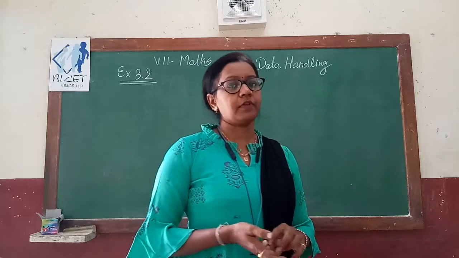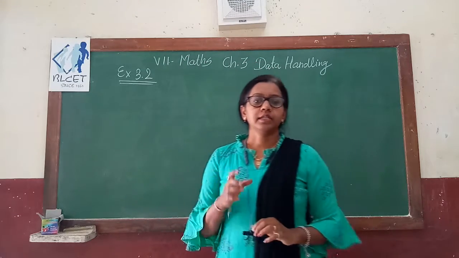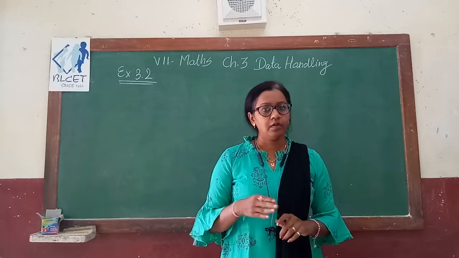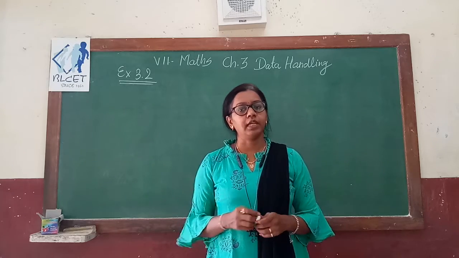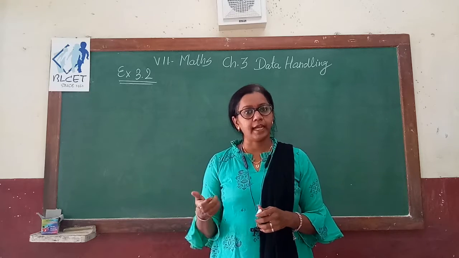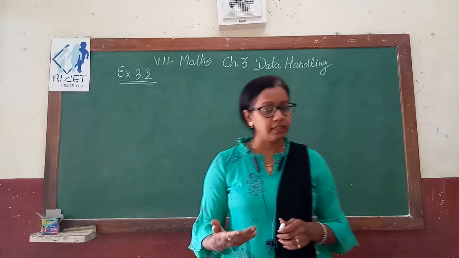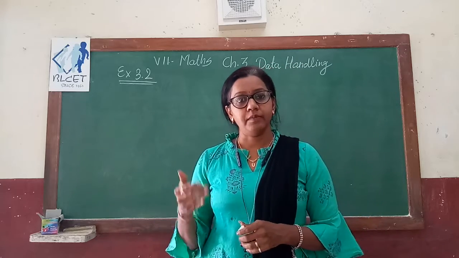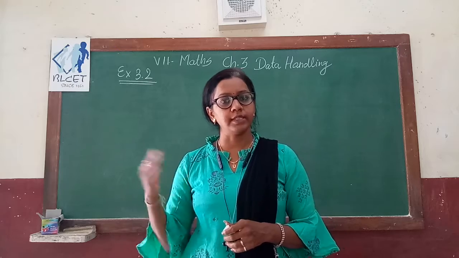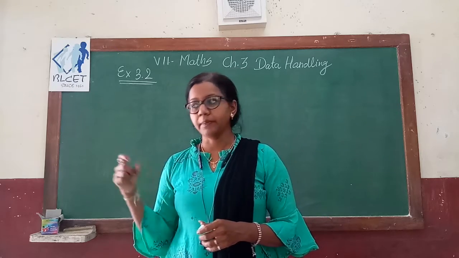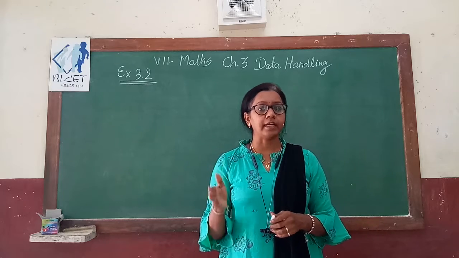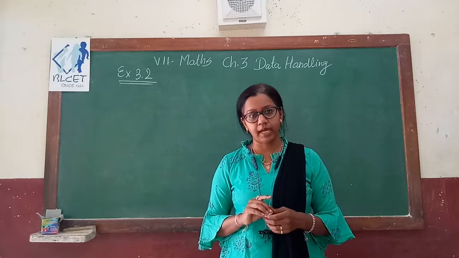So in the previous session we have already understood the concept of mean, median and mode. On the basis of that we have already learned exercise 3.1. So one more concept is added, that is median, and now we compare mean, median and mode. We know that mean is different from mode, mode is different from median. All the parameters are used for finding the central tendency of the given observations, right?